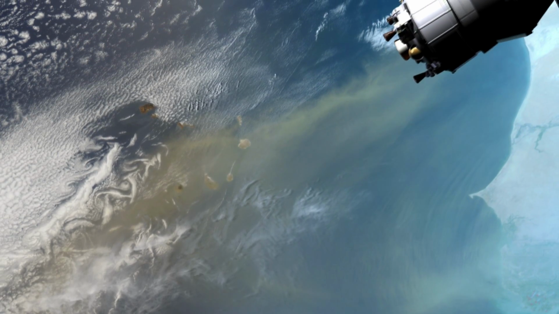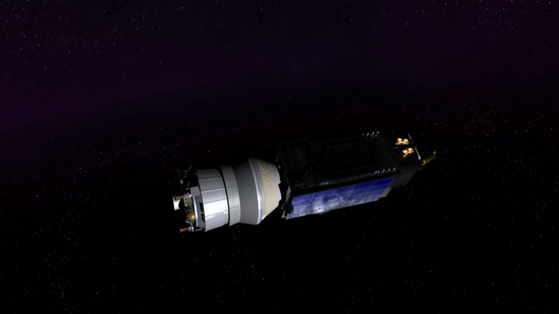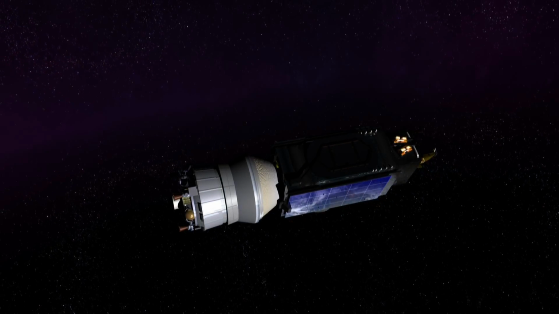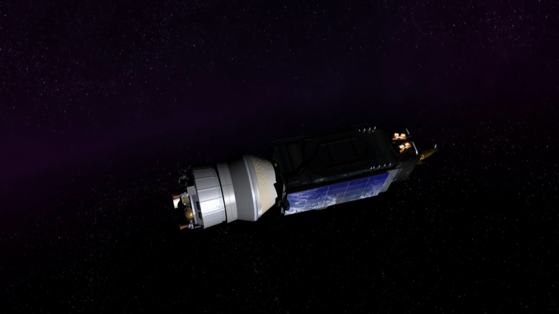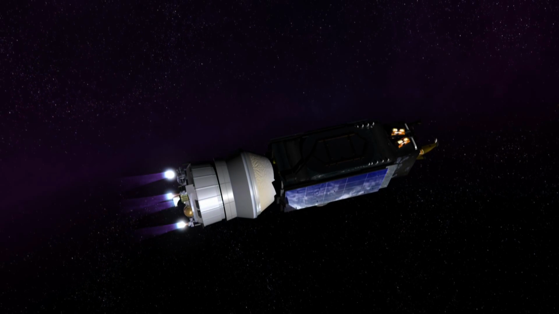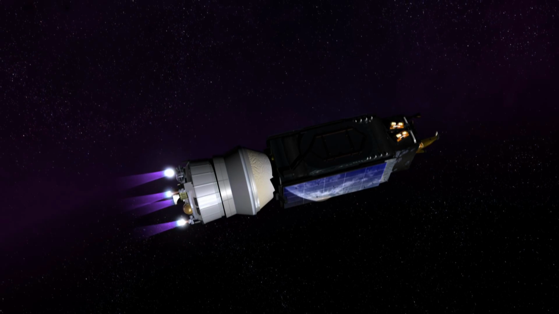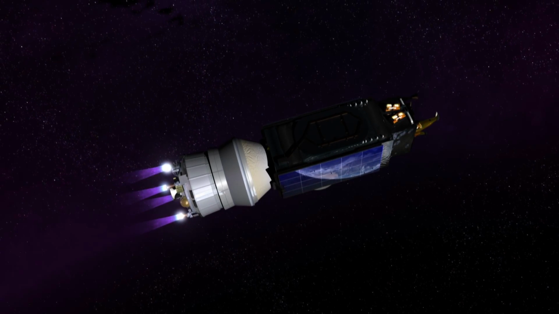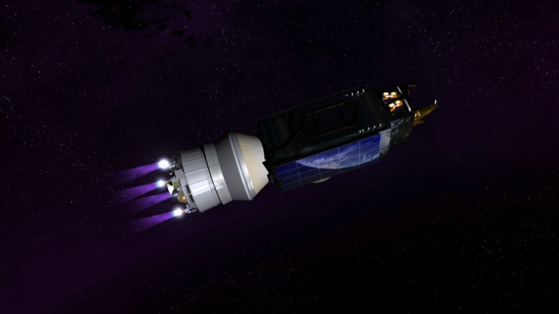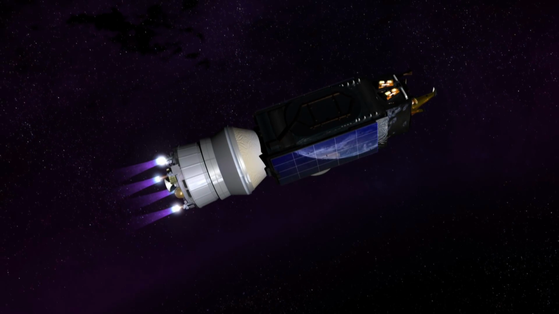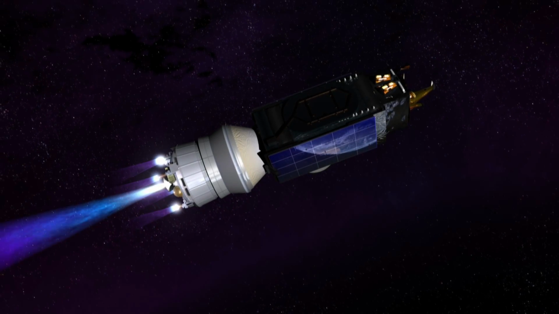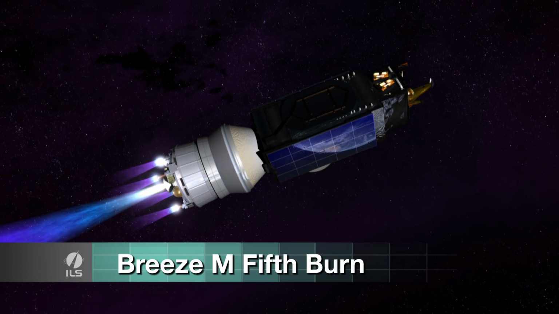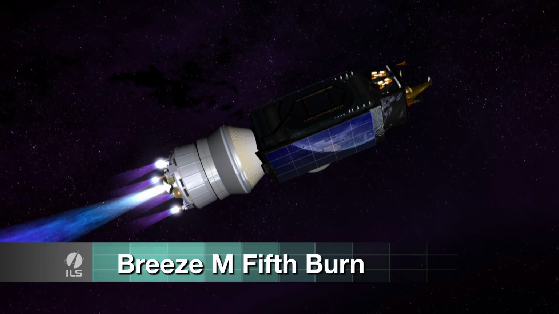miles west of Morocco. During the coast phases, the BREEZE-M performs attitude maneuvers in order for the Eutelsat 3D's solar arrays to be exposed to the sun at a predetermined solar illumination angle, which is designed to satisfy its thermal and power requirements. During the 5th and final BREEZE-M burn, the orbital unit will perform a large plane change maneuver